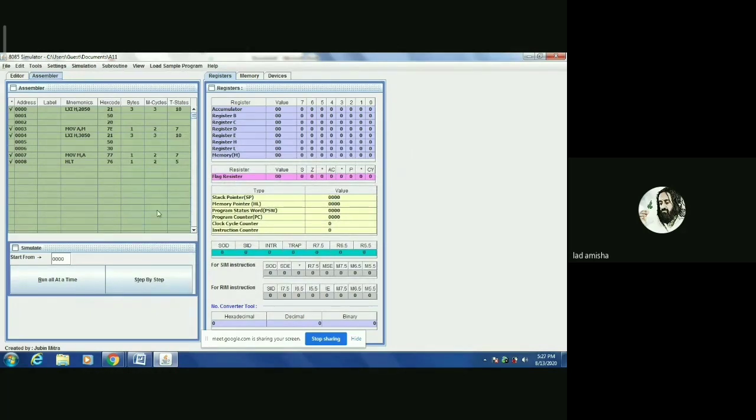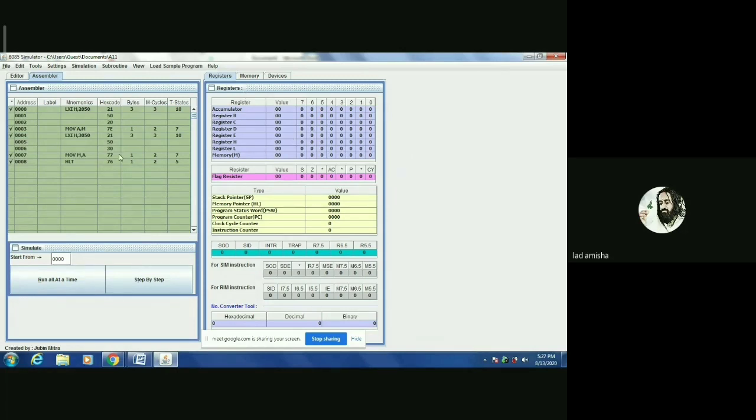Now our program is related to the memory location. Here we have three displays: register, memory and devices. In register, all content related to this program will be displayed, and the effect on each and every register will be shown.